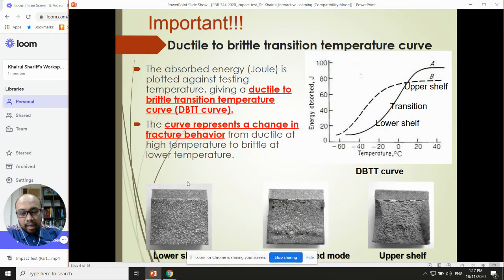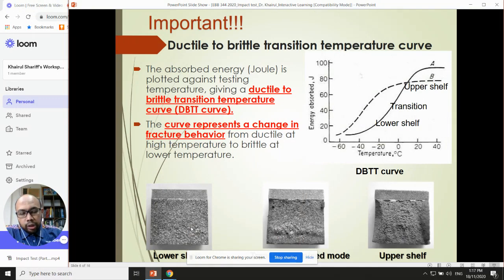So let's say in the lower shelf, meaning a very cool temperature, you can see the fracture surface is almost flat. Why? Because at this region, the metal already shows brittle properties, meaning that when it is brittle, it's very easy to break into two pieces. Meanwhile, at the transition mode, or the transition region, you can see something like a mixture between the upper shelf